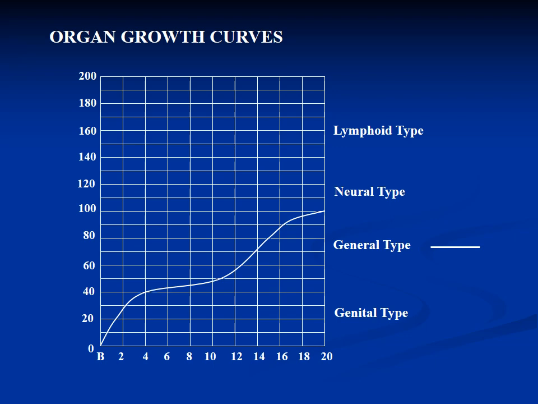The development of the genital system is very slow during infancy and childhood, but shoots up during adolescent period. However, the development of the brain and spinal cord is very rapid during infancy with small terminal increments from childhood to adolescent. And lastly, the development of the lymphoid system peaks at 8 to 12 years old. That's why during this period, they are prone to infections such as tonsillitis and diarrhea.